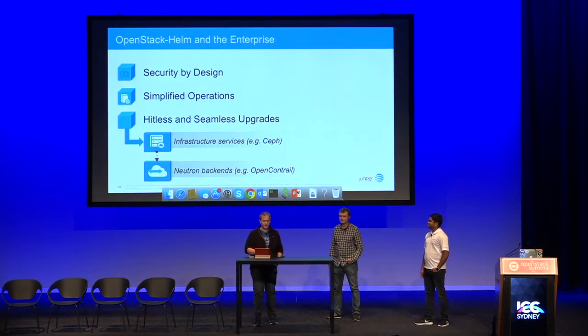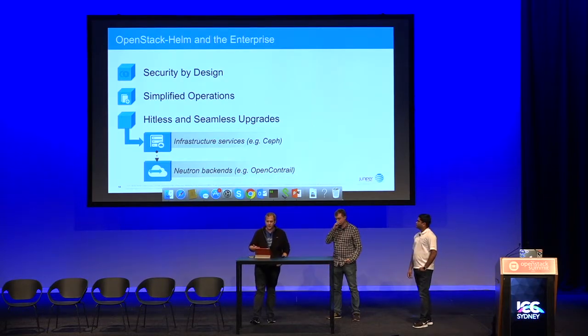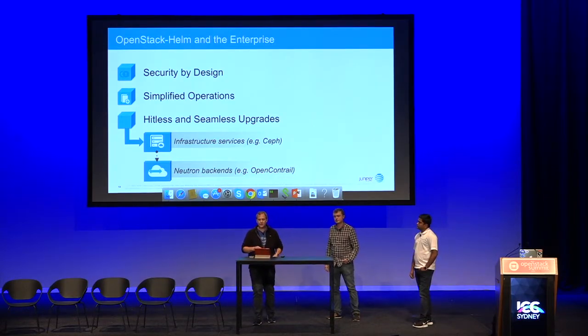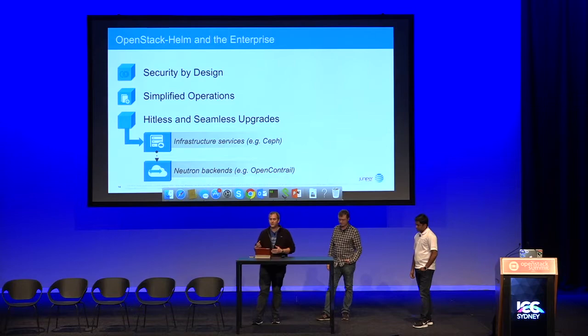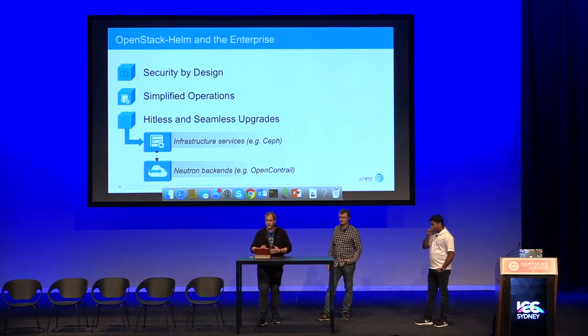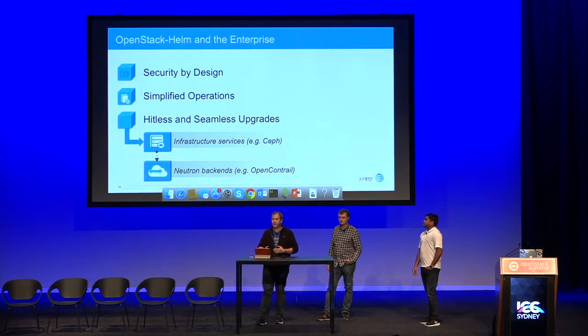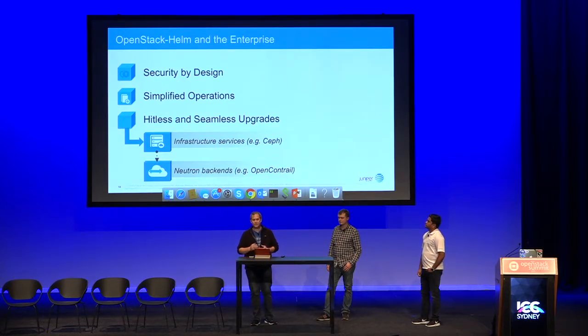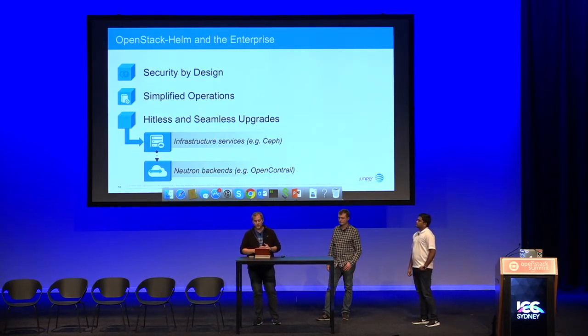Finicky clicker. So some of you may have watched Saurabh's keynote that we did this particular summit discussing a next generation OpenStack, and one of the major drivers for the initial development of OpenStack-Helm was providing a way to deploy OpenStack on top of Kubernetes, but it wasn't really the only one. So for us at AT&T, the effort has also been a way for us to drive some of the security, simplified operations, and hitless upgrade requirements into a flexible framework that could deliver a speed predictability for OpenStack installations and